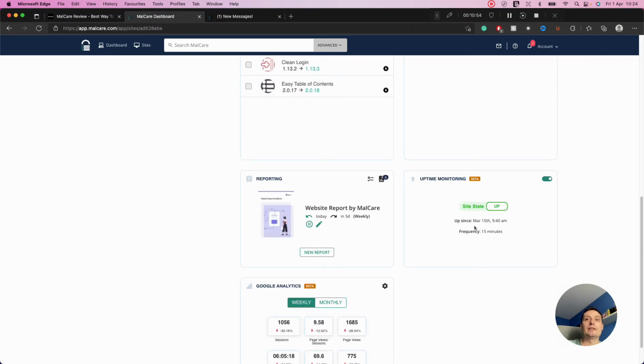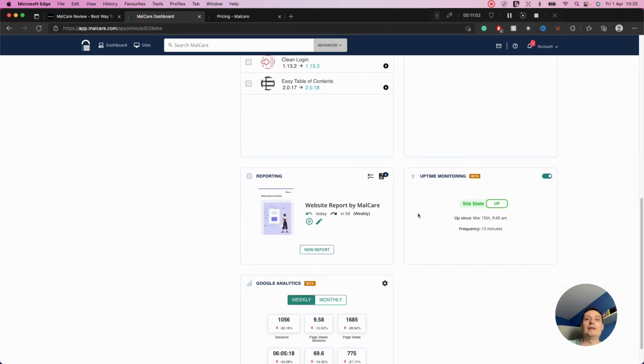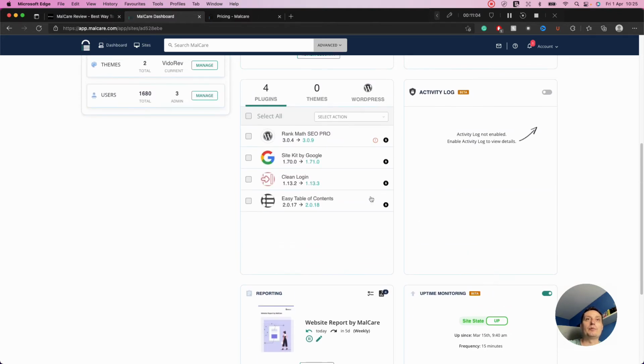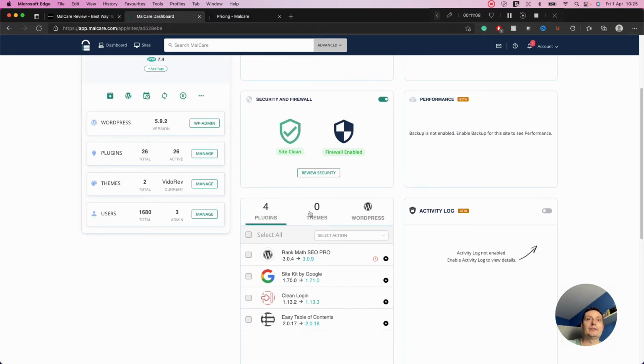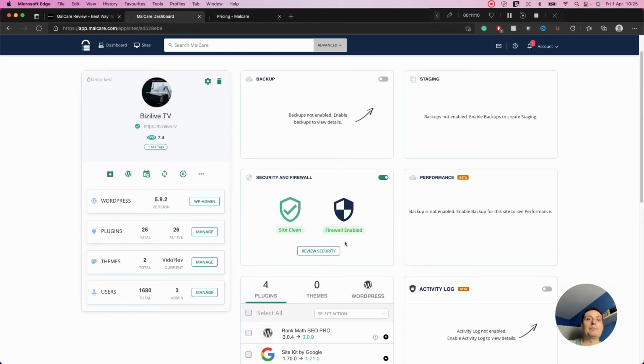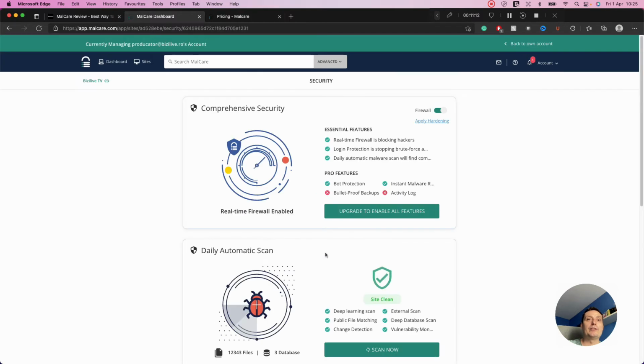You see here that the uptime monitoring says that it's up. You will check also some reports and see how everything looks in that report. Also, you have here the plugin that needs to be updated. This is also in the free plan. If you review security for this